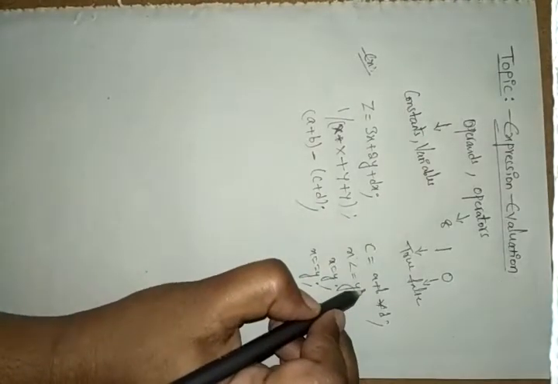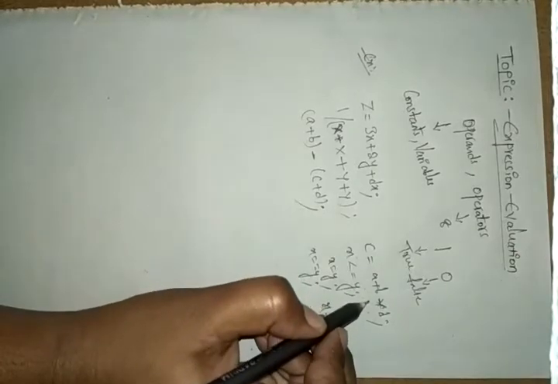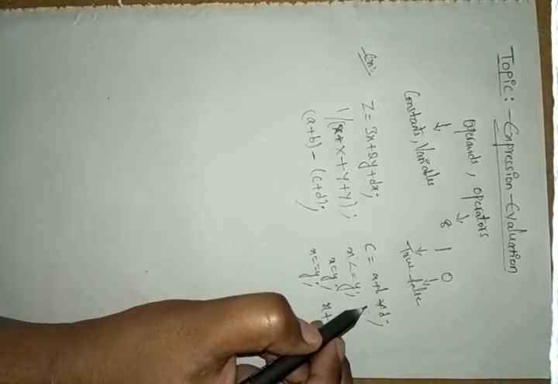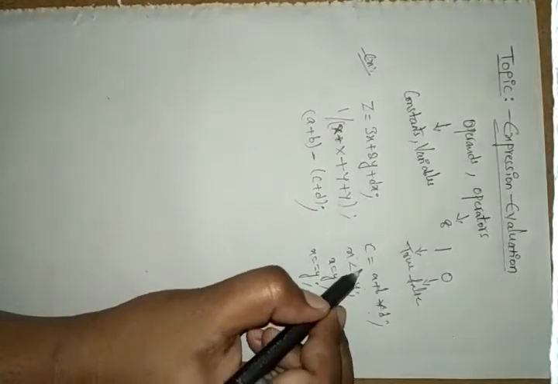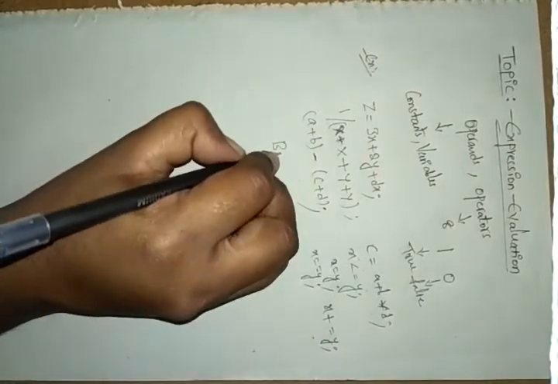Suppose you take homogeneous expressions. For example, c equals a plus b into d. We can call this one homogeneous expression, because it has a, b, c, d as operands along with operators, and we have the assignment operator in this, and everything will be performed. These expressions follow the BODMAS principle.